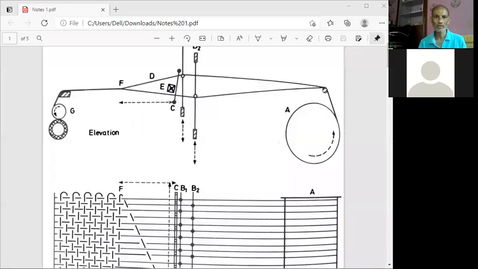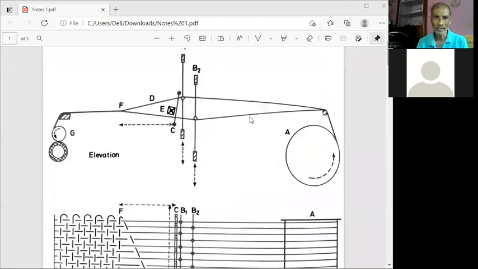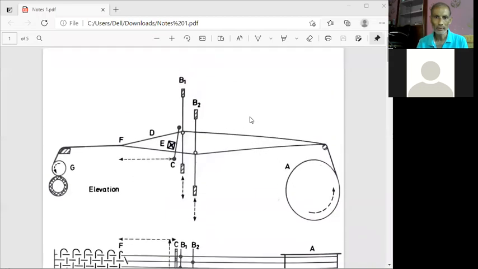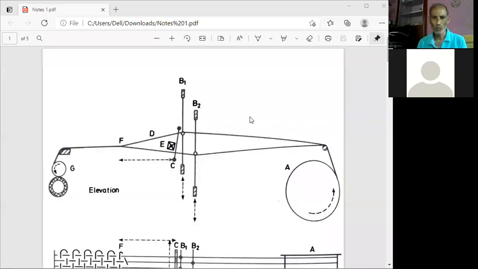So in this diagram, the upper part of the diagram is indicating the passage of work on the loom, which I think you studied last semester in FM1. So we will just revise it. Here we start from the back side of the loom, and this is the front side of the loom. We have taken only the parts which are important from the fabric structure point of view.